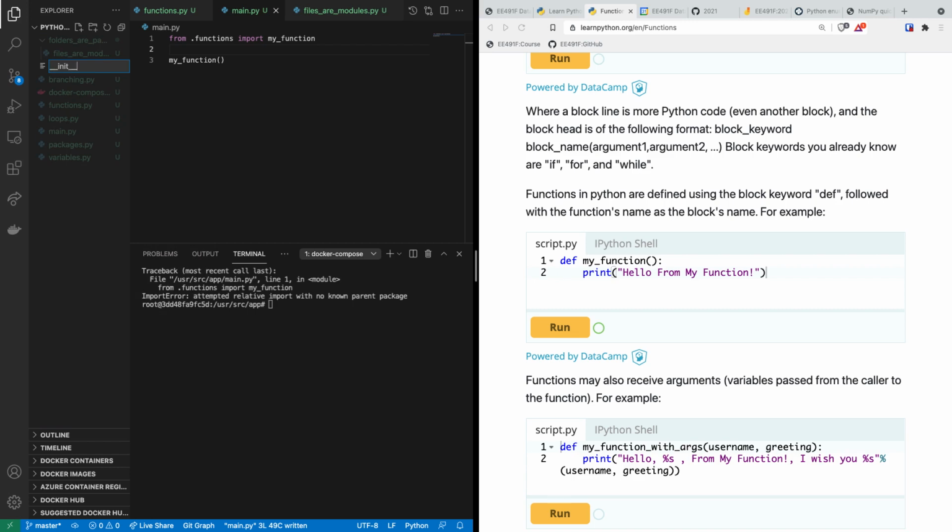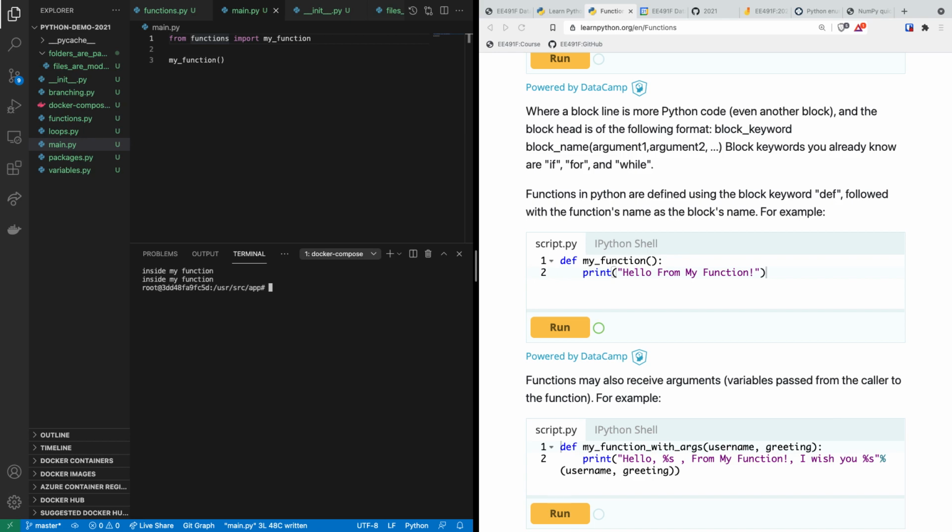Sometimes Python needs this init file to denote that this current folder is a package. Dang. Okay. Maybe I'll just do functions. Would that work? Okay. I'm not sure what I set up incorrectly, but sometimes you need the dot to say current folder. But here, it loads this file,